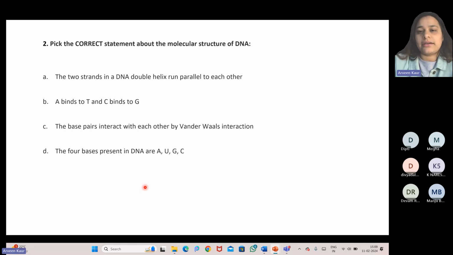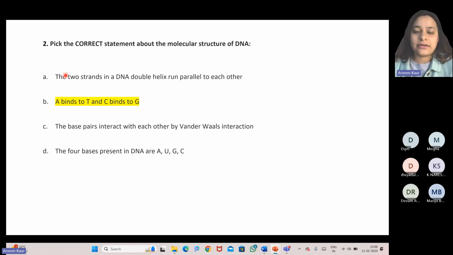So again, this question demands a very, very basic understanding of the structure of DNA, right? I hope we are all aware about it. And consequently, in my second segment for today's session, I have laid a lot of stress upon discussing the structure of DNA in detail. So we'll do that also later. For now, the answer to this particular question is that A binds to T and C binds to G. Now let us see why the other statements aren't correct, right?